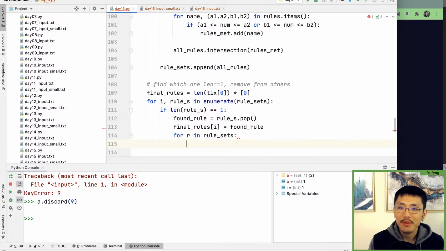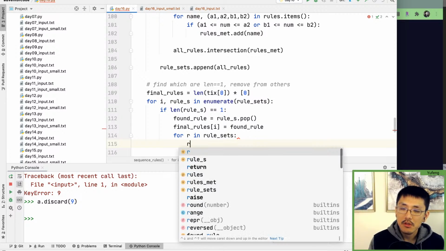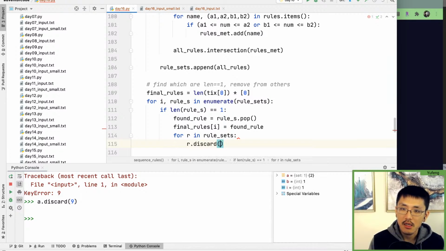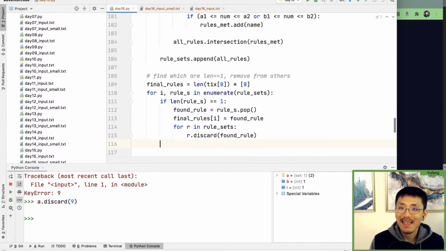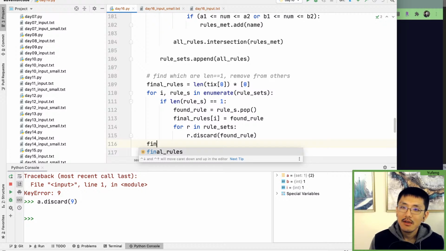Oh man, I feel awful about that. So the rule set dot discard found rule, and so if it is, then we go through, we discard, we put it in, and then in the end, if we did this right,